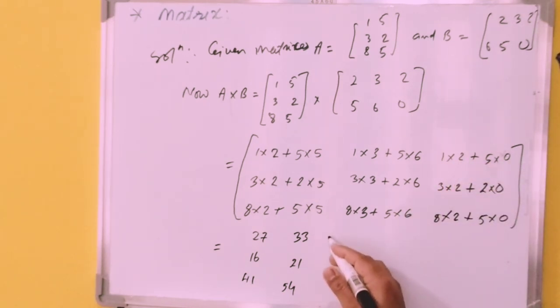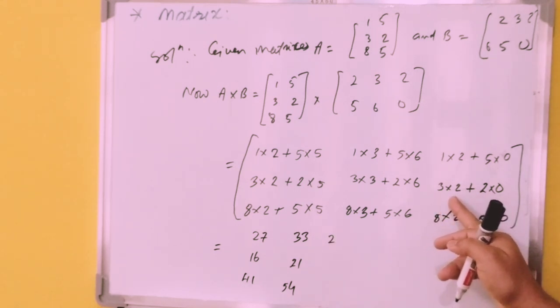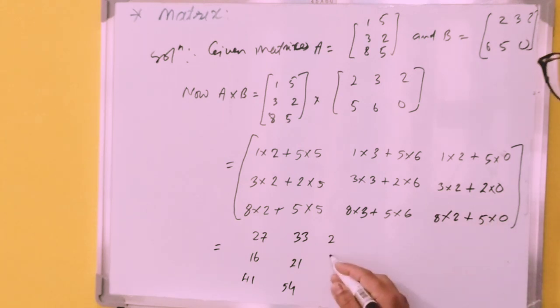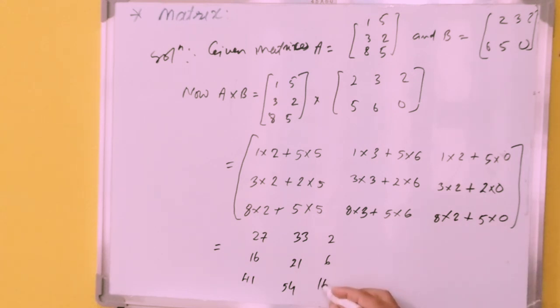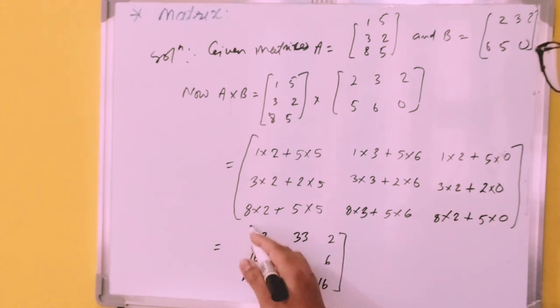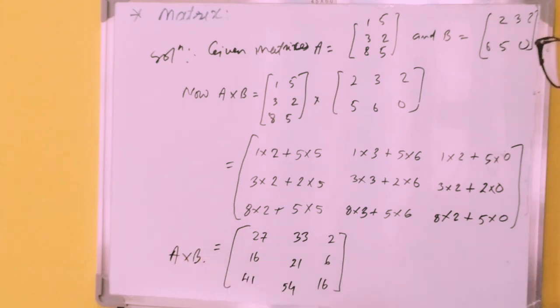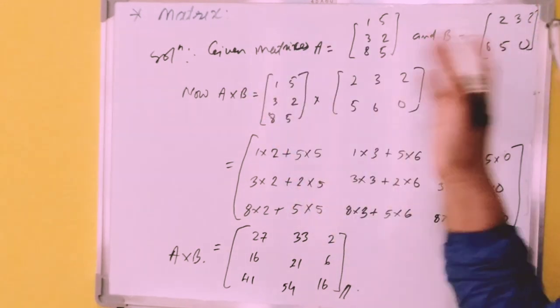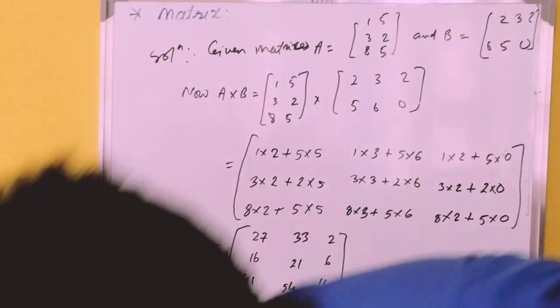This one: 1 into 2 is 2, plus 5 into 0 is 0, 2 plus 0 is always 2. Taking this one, 3 into 2 is 6 plus 0, 6. Another, 8 into 2 is 16, 16 plus 0 is 16. And this is our final answer, the multiplication of A and B matrix. Like this we have to multiply two matrices or three matrices, right? Okay, next one is